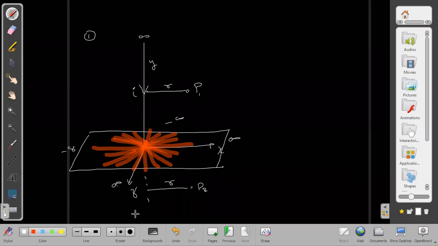In fact, I can ask you this question also. What is the field due to the plane? What is the field due to the current which is spreading on the plane? Just find out the field due to that. Leave the vertical part. The vertical part is otherwise also easy. We have to find out only the field due to the current spreading onto the plane, which is radially spreading out in the plane.